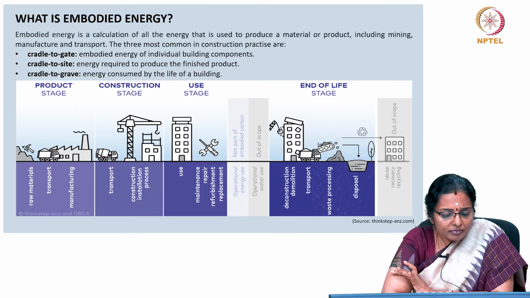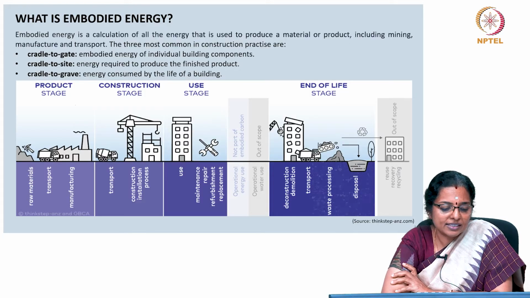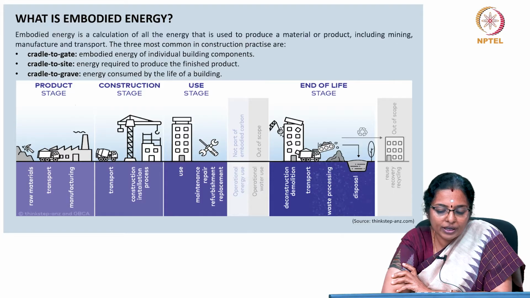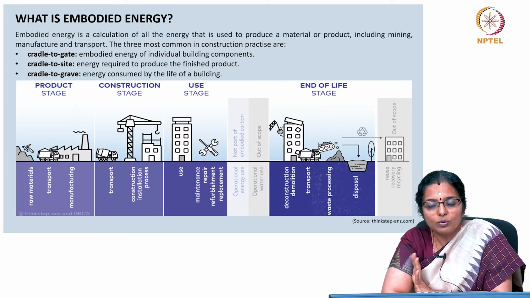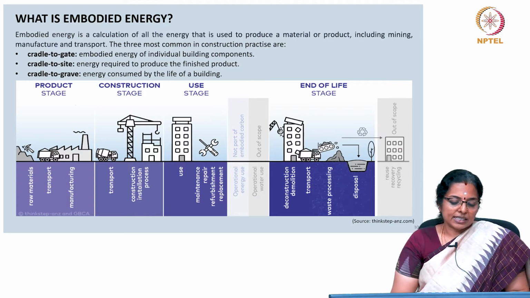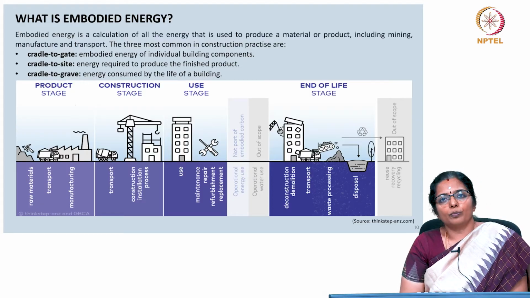So, the three most common things in construction practices are cradle to gate, which is embodied energy of individual building components. To make it easy, let us look at a small example of a toothbrush,